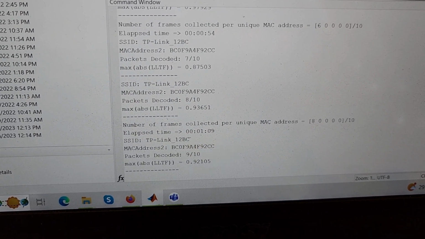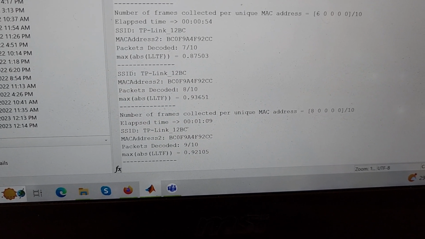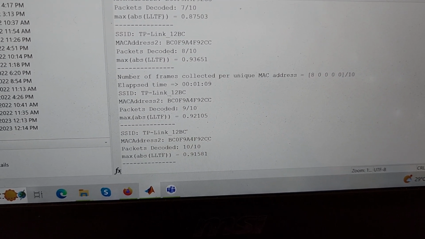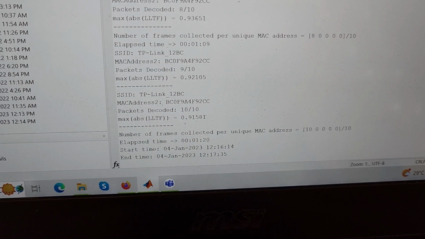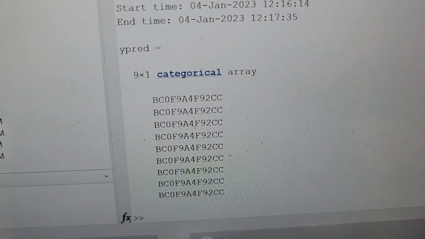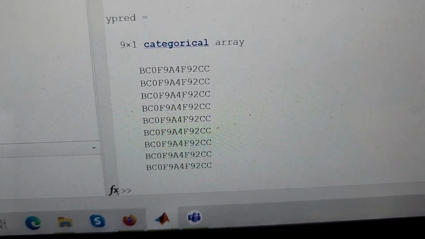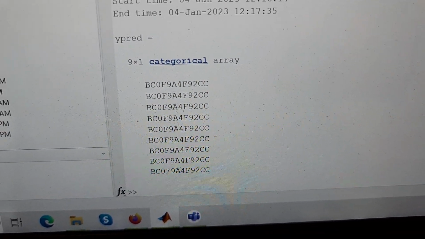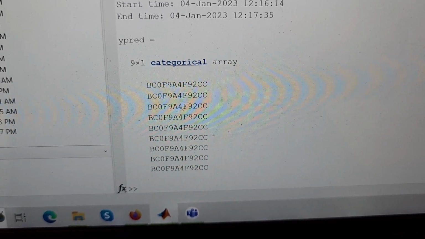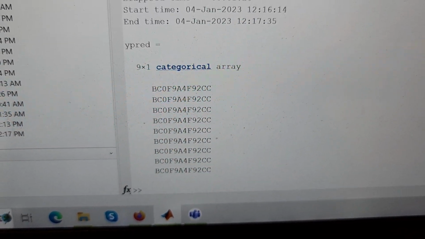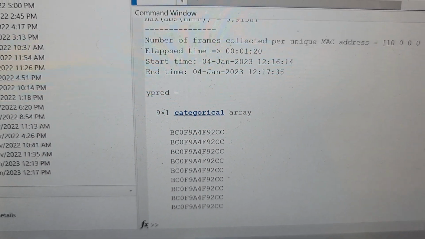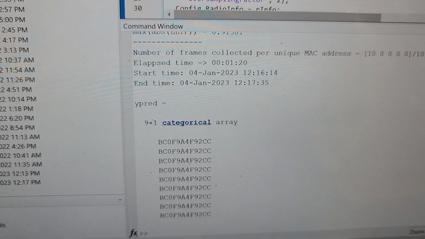Okay, so it's 9. We are only giving 9 frames out of the 10 for classification. So wait. Okay, good. What we see here is that, 1, 2, 3, oh god, you see that? All the 9 frames we gave were identified as the D-link MAC address. So even though it is announcing itself as TP-link,